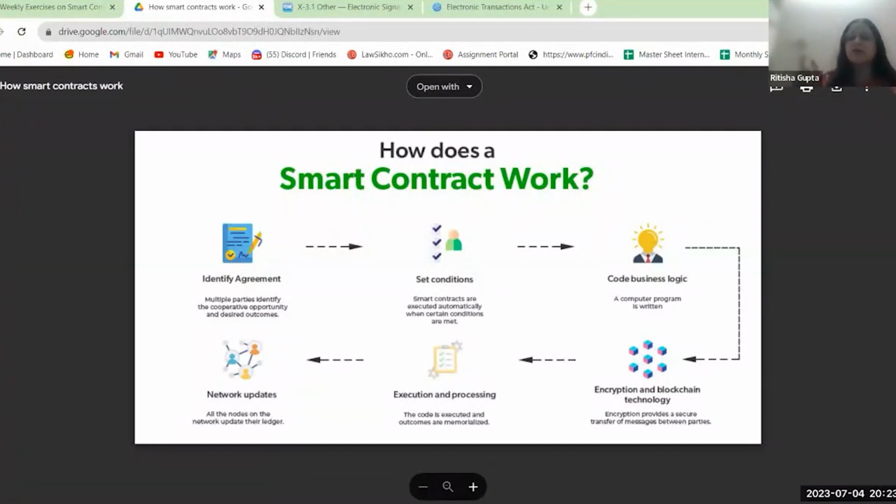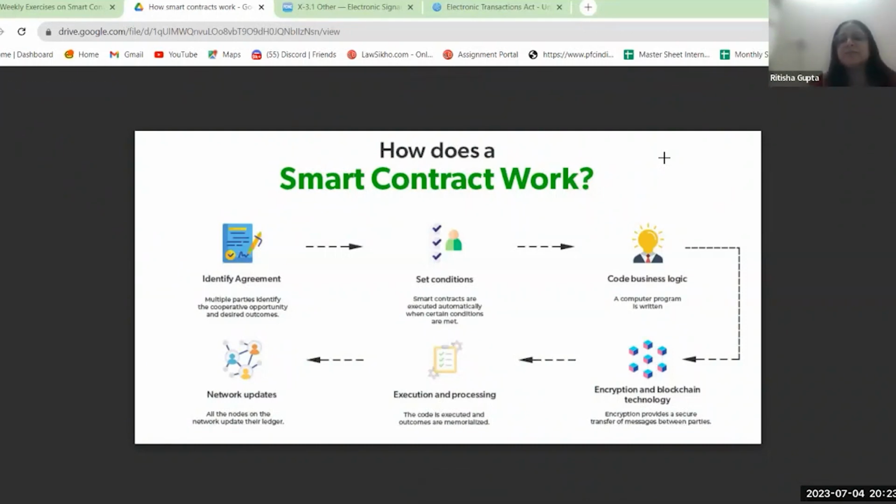They are just codes. Computer programs or computer codes like Java, HTML, etc. I'm not very good with coding, so I would not know if the terms are the same. But these codes are essentially what make up a smart contract. So your smart contract is not a written or text-based agreement. It is an agreement based in computer code, which is stored in a blockchain-based platform and executed therein, right? The execution takes place automatically as and when the trigger events of that smart contract are met.